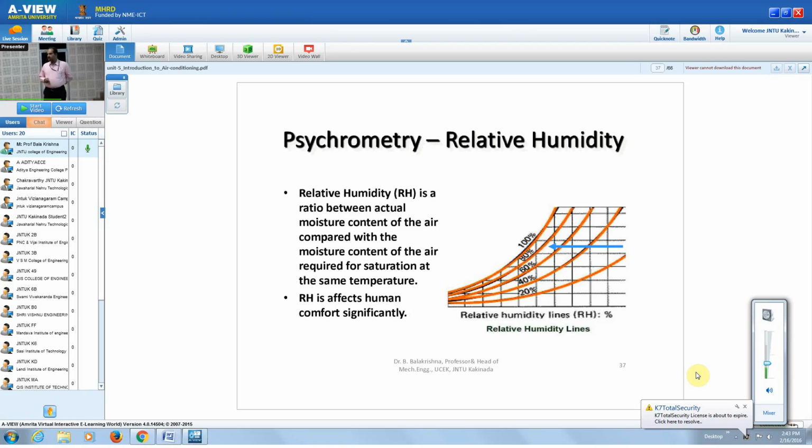Then the relative humidity lines, already we have discussed it. The relative humidity, RH, is the ratio between the actual moisture content of the air and the moisture content of the air required for saturation at the same temperature. So these are the lines 30%, 40%, 50%, like that. This saturation line is the 100%. 100% humidity means moisture content is more. So beyond this saturation line, this region is called,